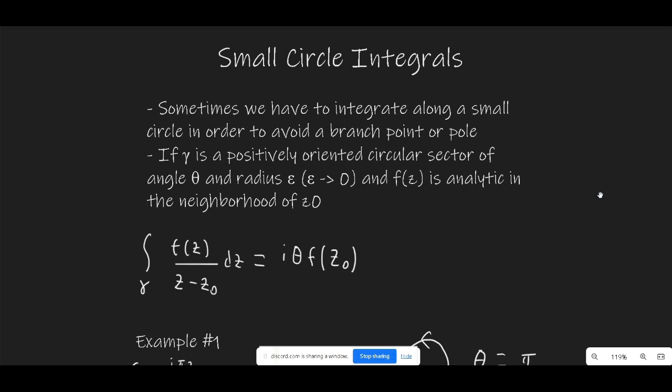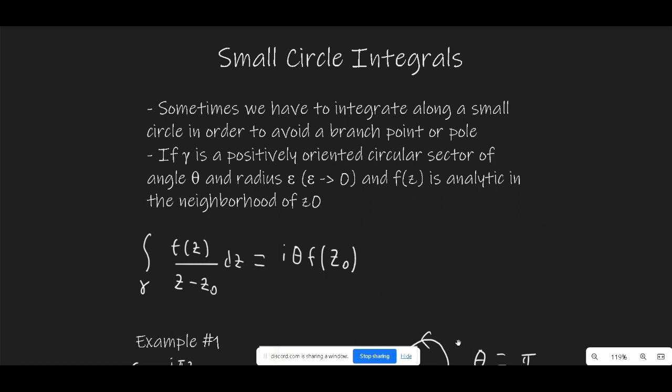But again, we can't integrate over points like this. So what we do is we imagine that we integrate in a small circle around the point, and then we take the radius of that circle, which we call epsilon, and we let epsilon go to 0. And so that's essentially how we get small circle integrals, and the ways to evaluate them vary depending on the type of point that we're around. So for example,